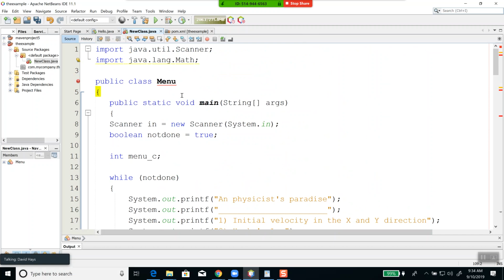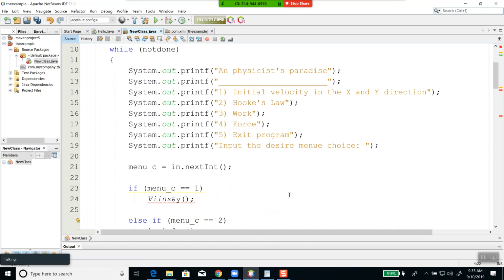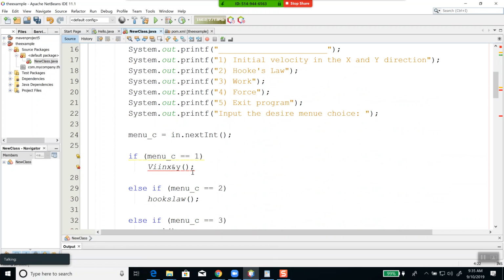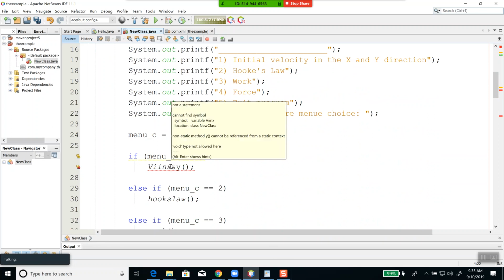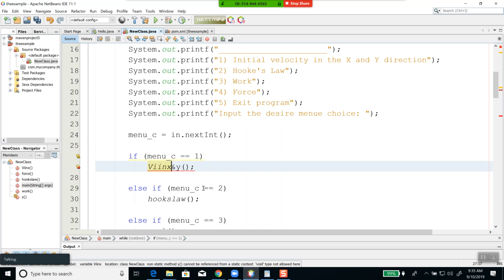Of course, this has to be named the same as the new class. They named theirs menu.java, I'm assuming. Okay. Cannot find symbol. Okay, so if I get rid of that and symbol,